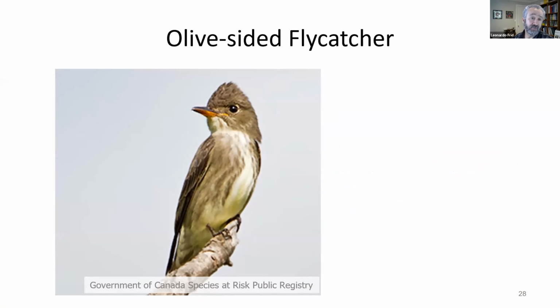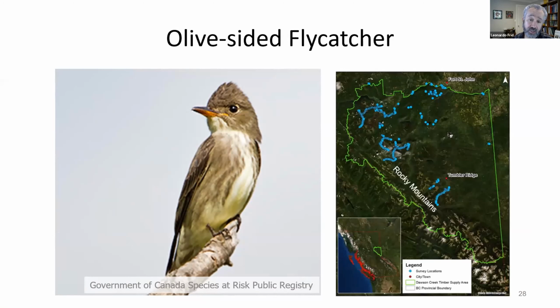About 40% of the breeding pairs are in British Columbia. So this is where the study focused, and in particular, in the northeast of British Columbia. So down here, you've got British Columbia as a whole, and then this is the area in northeastern British Columbia. It's an area near Dawson Creek, just east, here's the Rocky Mountains, so just east of the Rocky Mountains. And so Environment Canada has been either doing or using publicly available point count survey data to try to